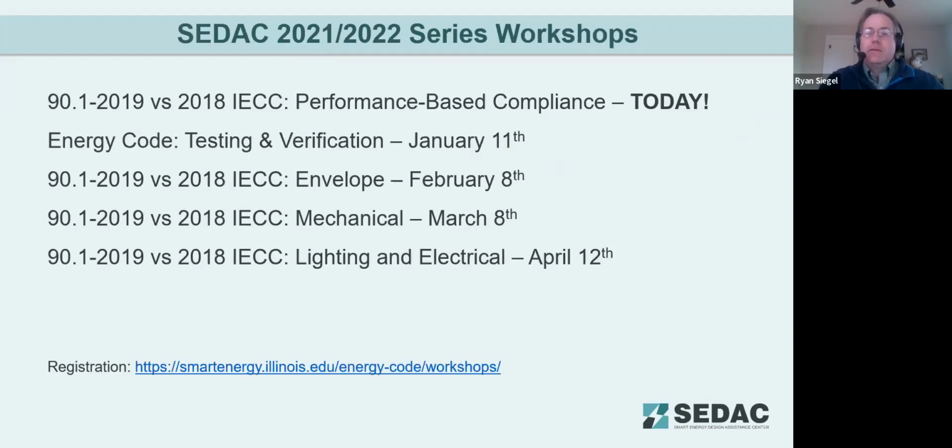So today is the last of the workshops for this calendar year. Here we are listing some of our upcoming workshops for the new year. In January, looking at energy code testing and verification. February, focusing on the envelope. Mechanical coming in March, and lighting and electrical in April. So if you are interested in signing up for any of those upcoming workshops, again, feel free to visit our